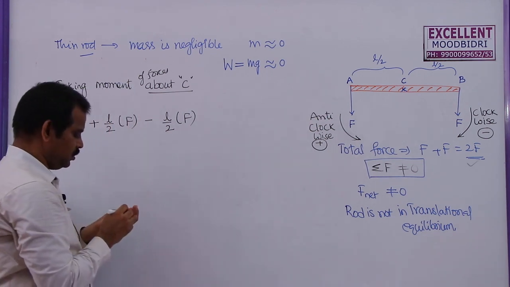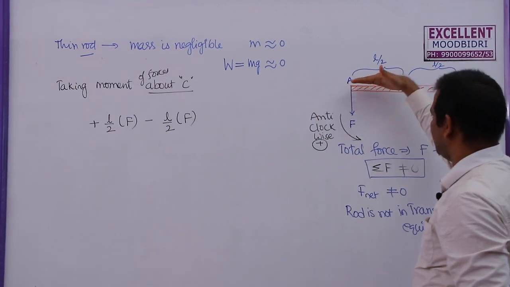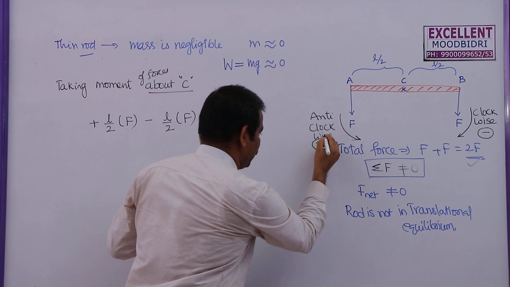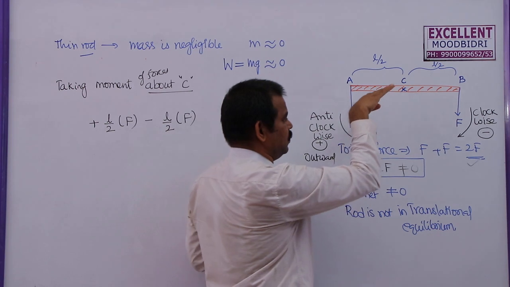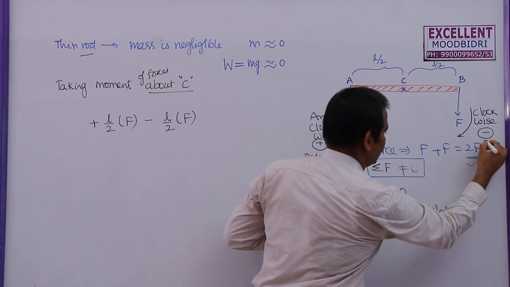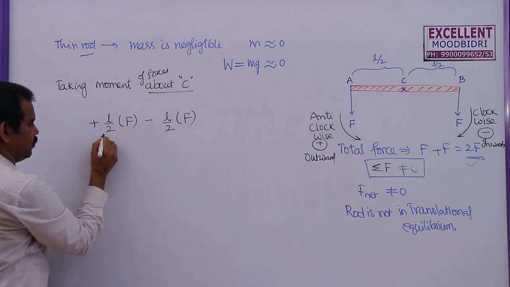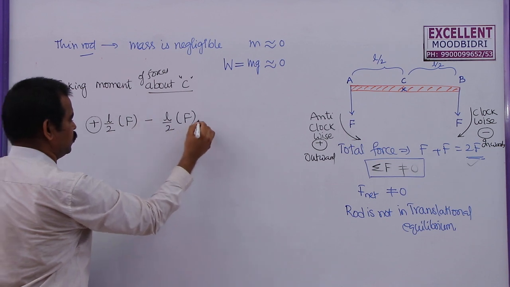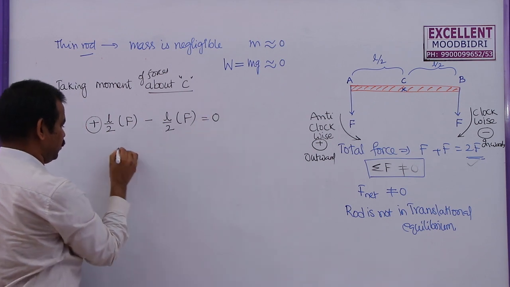negative. Now, we know that even from the right hand palm rule, if this is the distance R and this is the force, this torque is outwards. So we know that anti-clockwise torque or outwards torque is positive. Similarly, for this one, this is R, this is force, this torque is inwards. So inward torque is always negative. In this case, I am taking the outward torque or anti-clockwise torque as positive, and inwards as negative. As these values are equal in magnitude but opposite in direction, the net torque will be 0.